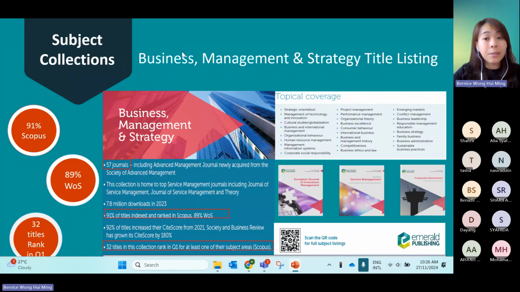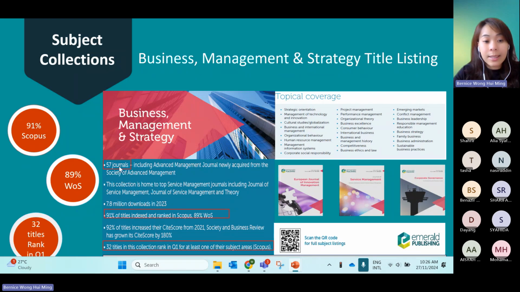So first is the business management and strategy title listing. If you need more information, you can scan this QR code. You will get the full subject title listing. And of course, in our BMS collection, we have 91% of the 57 journals in Scopus, 89% in WOS.